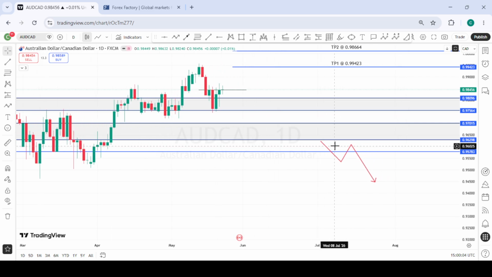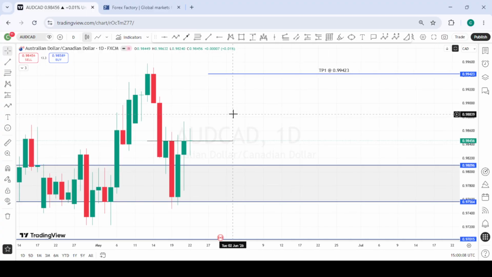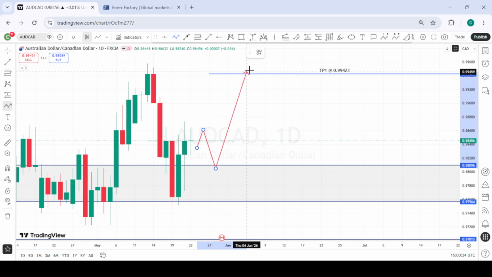This is AUDCAD, and AUDCAD is also similar to the CAD positions we are looking out for. We were expecting that price was going to give us a daily structure shift here before the week closed last week, but it was very slim. The structure shift was not very clean, so we can wait for a daily structure shift before we come for a possible pullback, and then we take our buys to the upside.